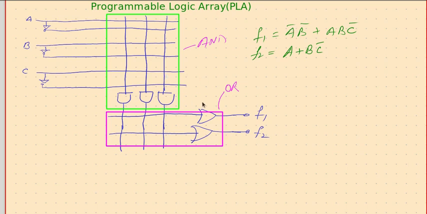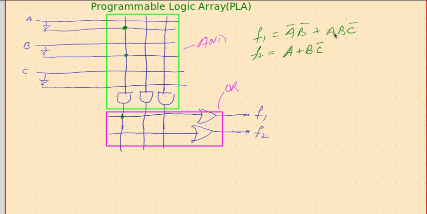So here for F1 we wanted A bar B bar, so A bar is available here, then B bar is available here. So these two are given to this AND gate.